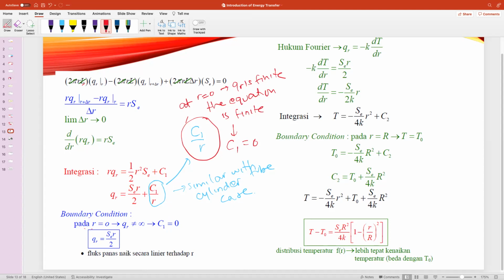Okay, so then the QR would be SER divided by 2, or the heat flux would be increasing linearly with the R. Okay, so you can see that one. And then after that, you can see that